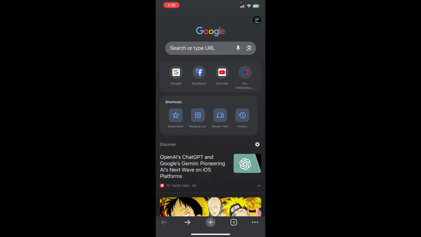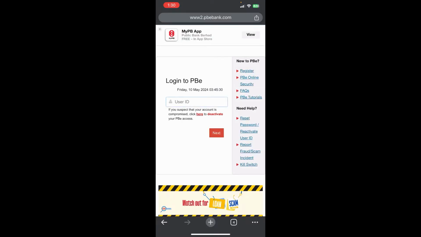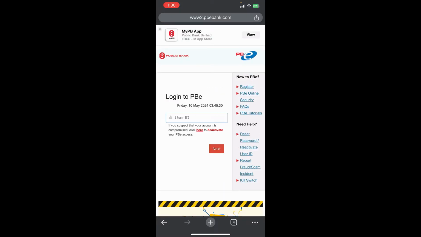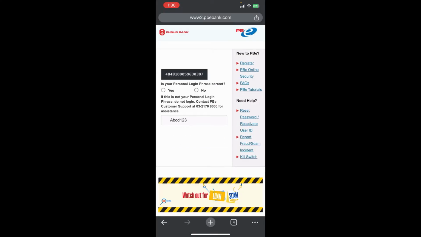First of all, you need to search for Public Bank login in Google. Right after that you'll be able to see a link at the top of the screen where you need to click on it, and you'll be redirected to the official login page of Public Bank where it is asking us for our user ID. So let me show you an example, and you'll be redirected to another page where Public